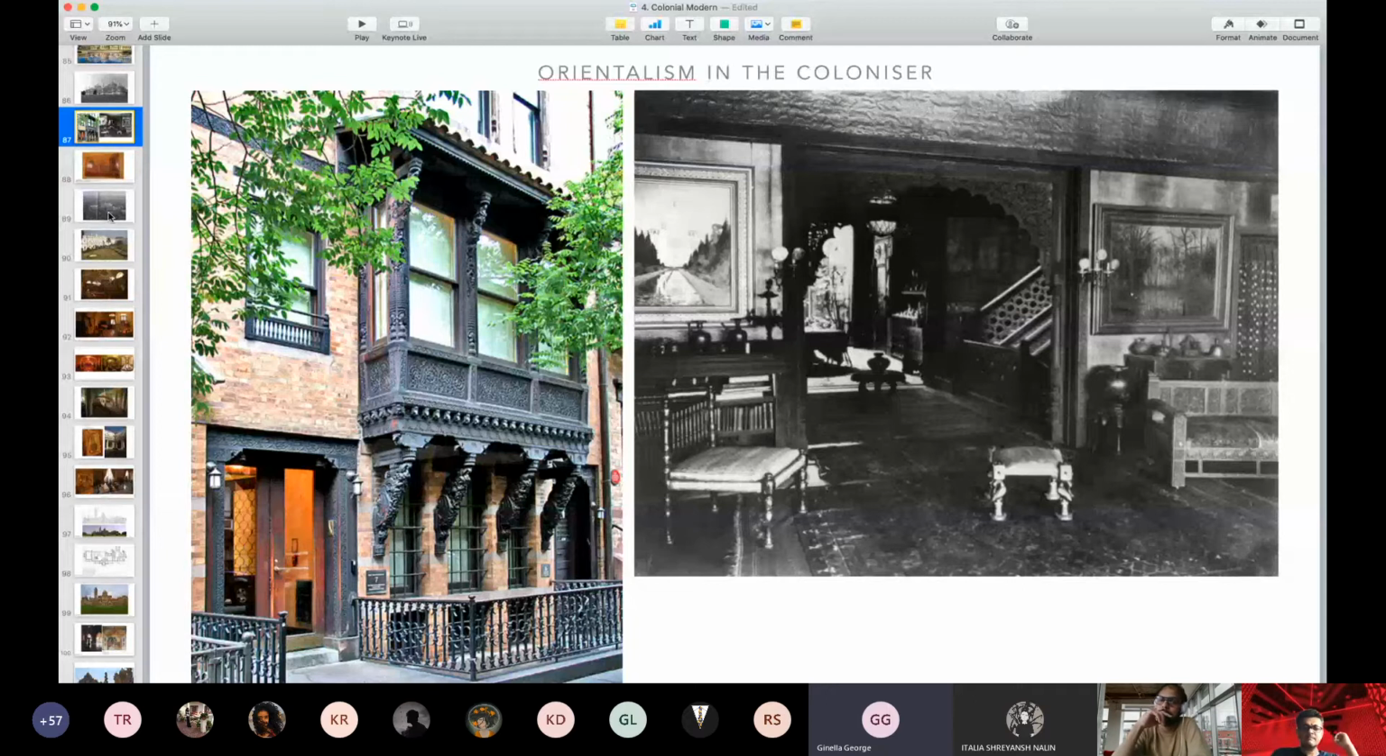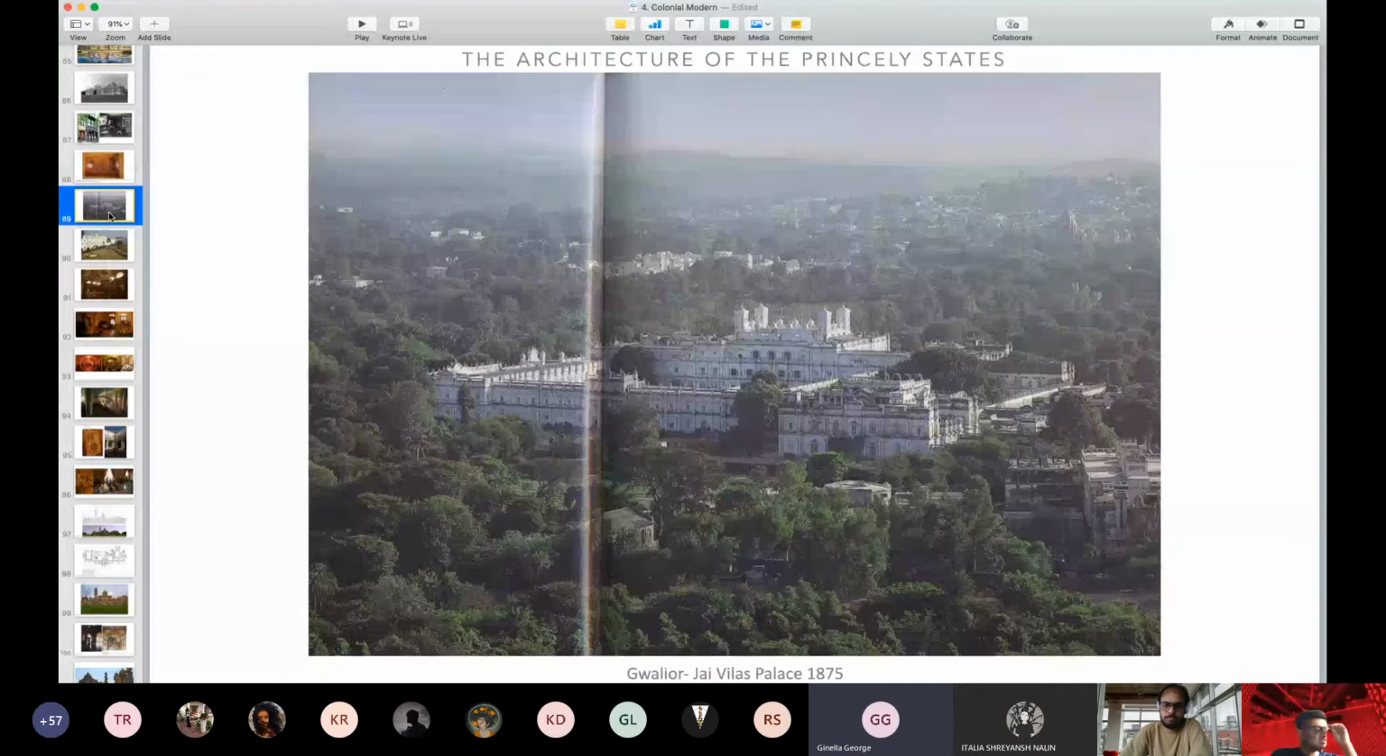Also, if you see the paintings in the background on the walls, and the colors of these spaces, all trying to replicate India in a foreign land. So what's happening at this time, of course, is that the Maharajas, meanwhile,